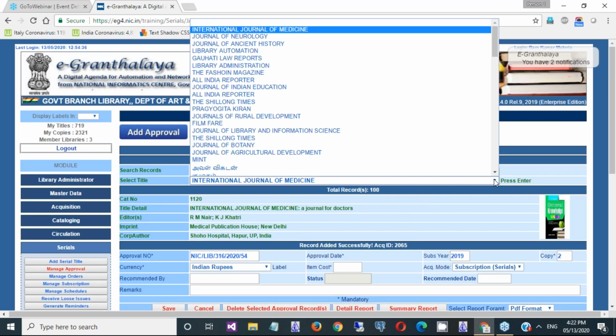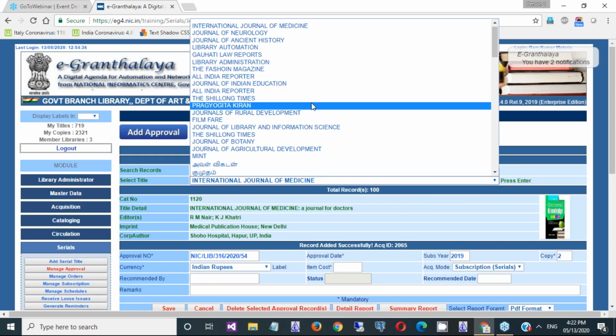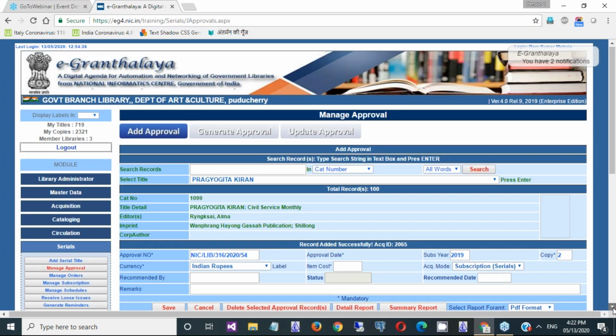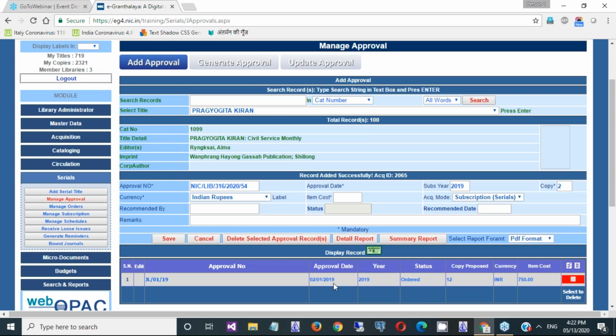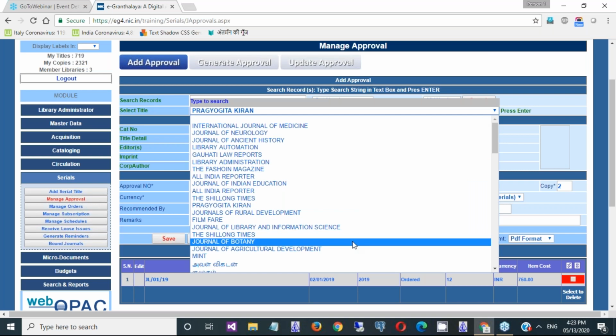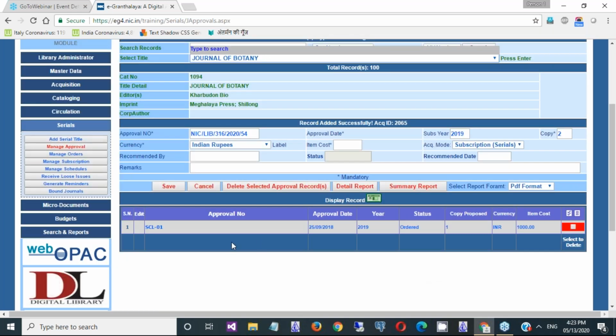Accordingly, I will take another journal for subscription during 2019. It is already subscribed for the year 2019. So I will take another magazine, Journal of Botany. If the magazine is already subscribed, that purchasing record will be displayed at the bottom.